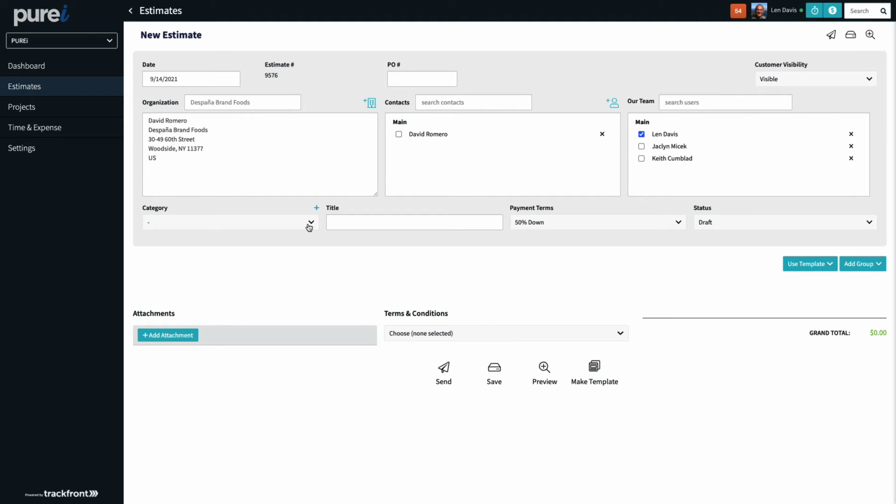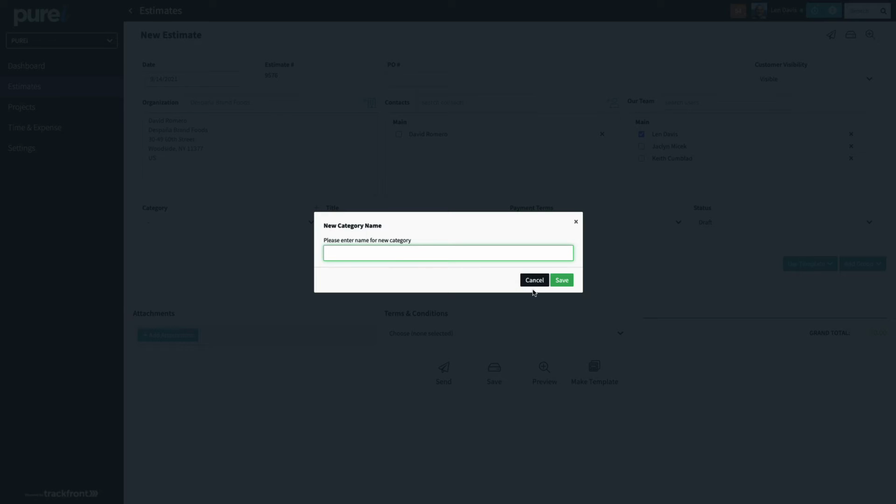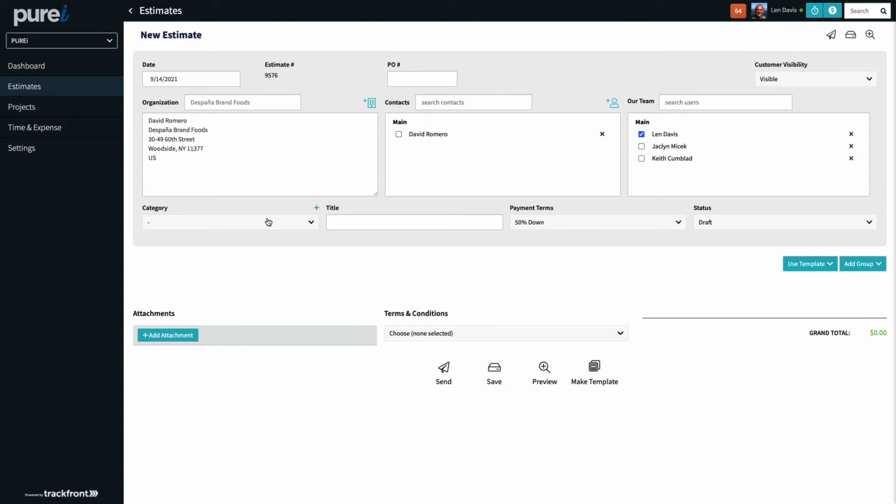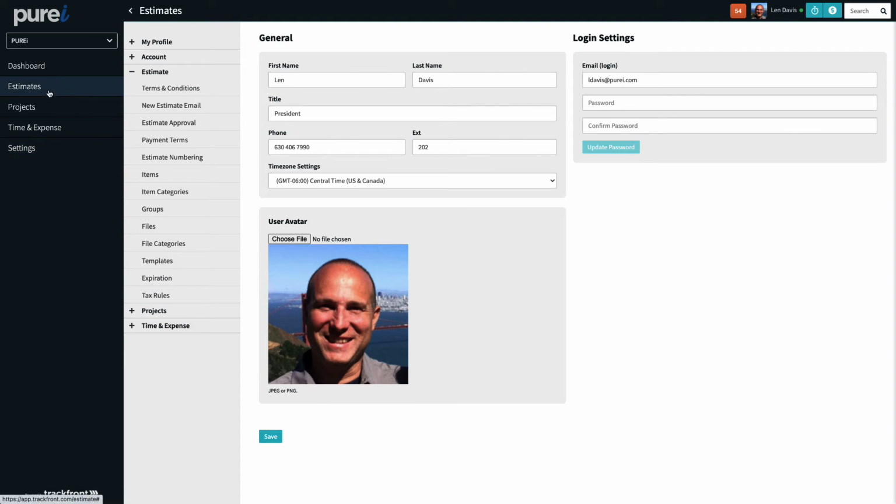So if another client estimate was created, these would not be in the drop-down. They would just be saved per the actual organization here. So you can always add a new one in here. And where this comes in handy is if you were to go into your estimate dashboard here